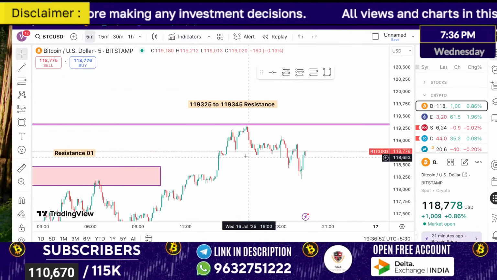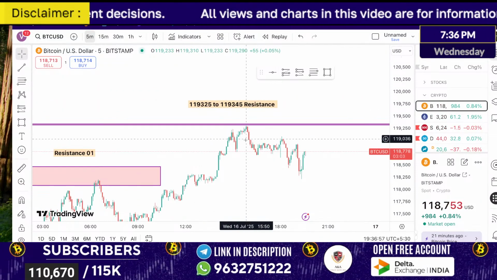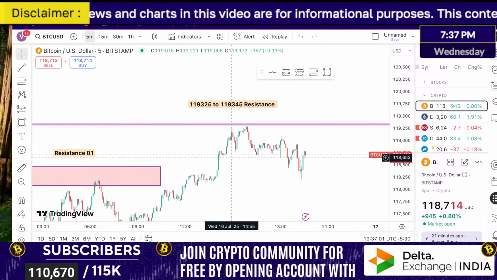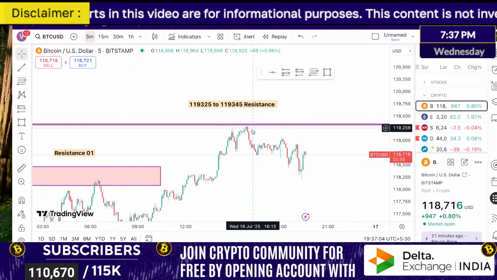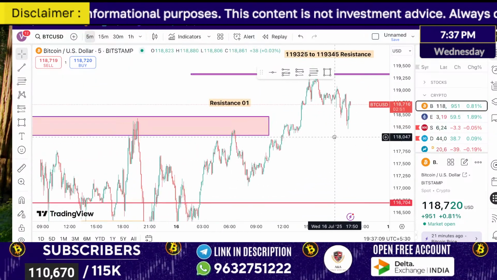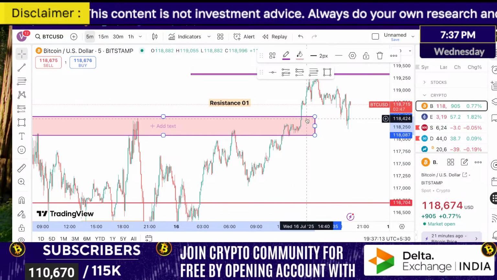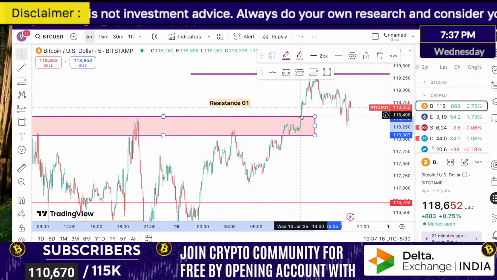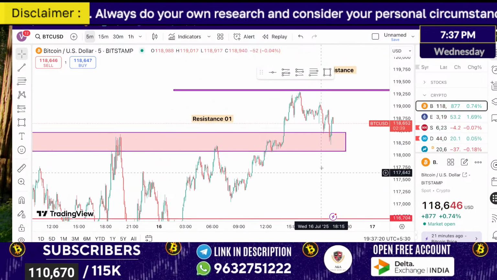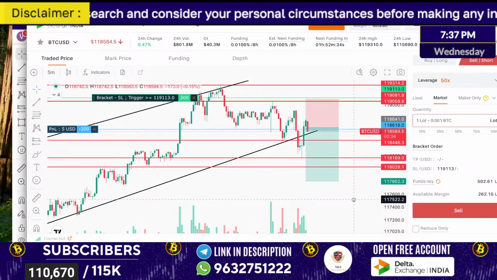BTC also, in the morning itself we had discussed. If you have taken any bullish trade, try your best to book your profits at the upper level itself. When it's very close to the resistance, think about closing your trade or trailing the stop loss as much as possible. This first resistance that I had given, the market was holding on to this range. Once resistance breaks, what will happen? Resistance will act as support. Now where the market has come, it has come to the support. One mistake I did there on the put option side. Hopefully there is no one more mistake.